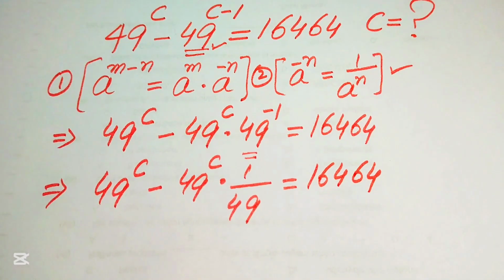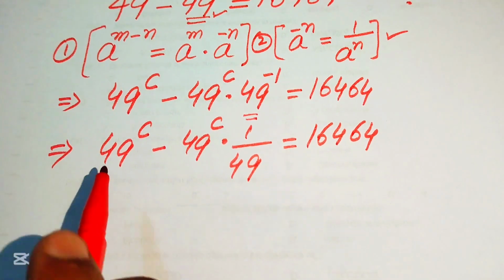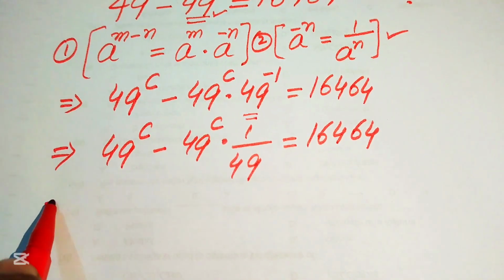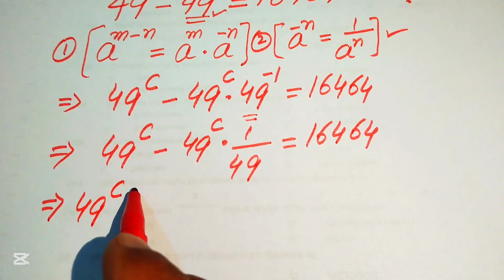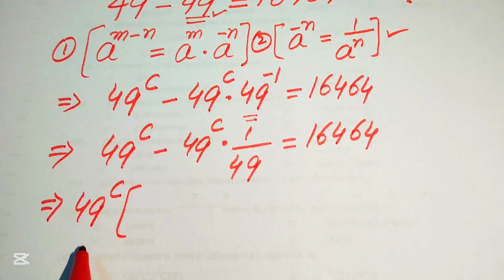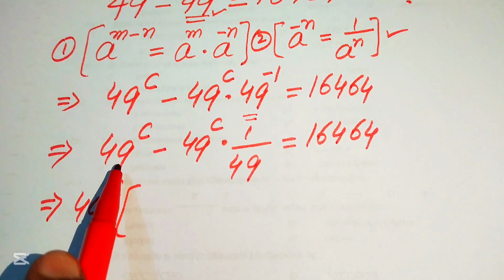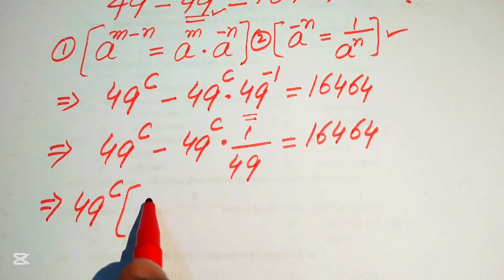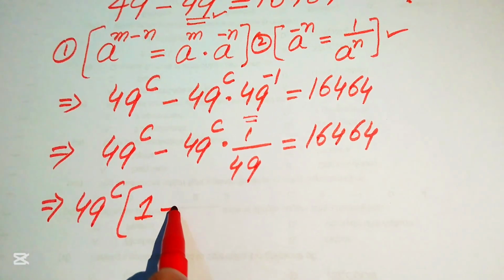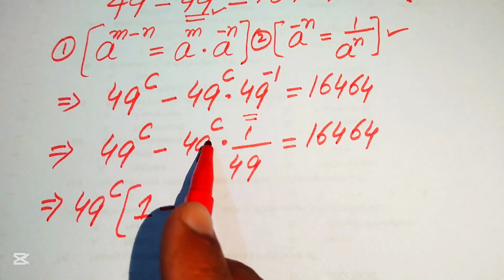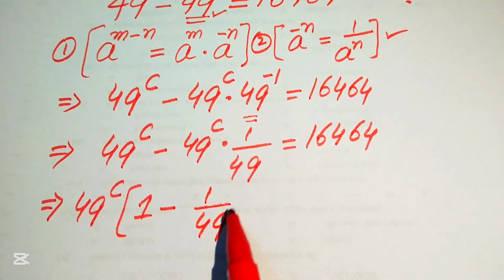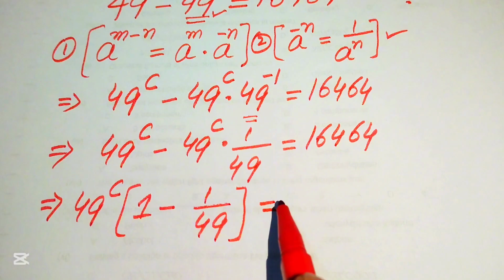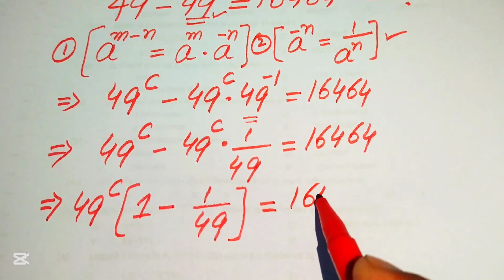16,464. So further you see here we have 49 to the power of c as the common term, so now we take common 49 to the power of c, and the remaining terms are, when you take common this term, here we get 1 only, minus, when you take common 49 to the power of c, here we get 1 over 49, and this is equal to